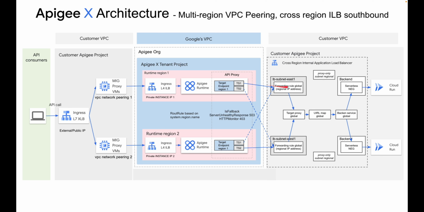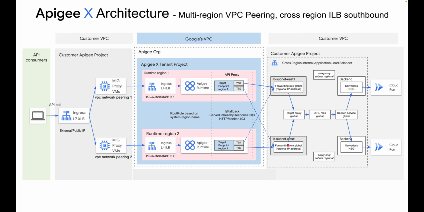In this case, when you reach the internal load balancer, as you can see here, you reach a global target proxy, a global URL map, and a global backend service that will also operate a routing on two Cloud Run applications. And if one Cloud Run application fails and cannot be reached, the other one will be used. So you can enter here, for instance, on the API proxy on region 1, because the traffic has been routed on region 1 from the external load balancer. And from here, you can reach, as an example, the load balancer